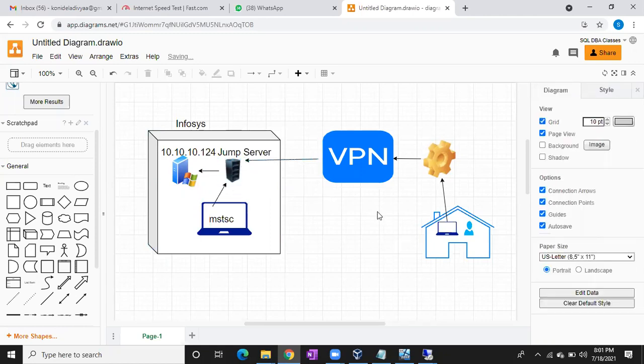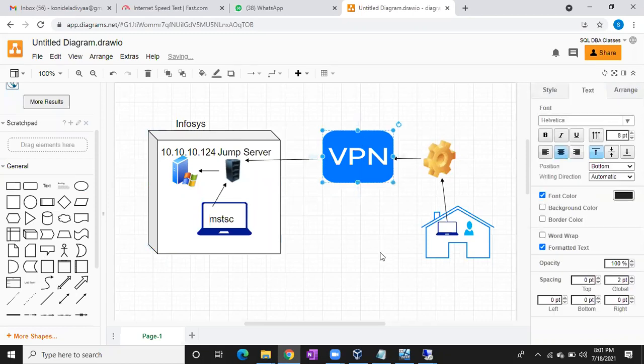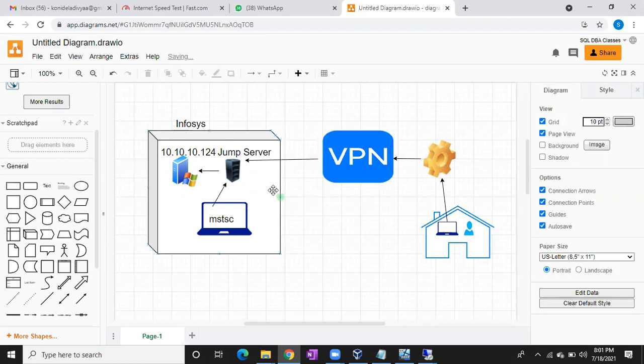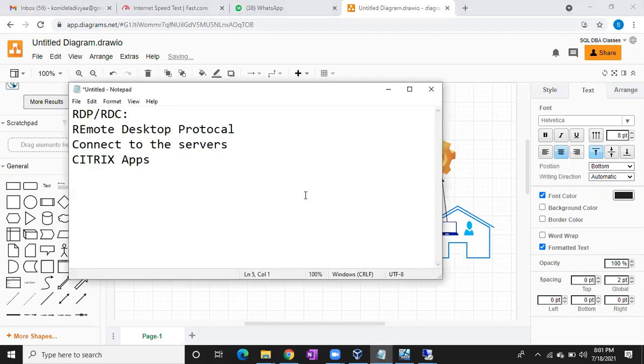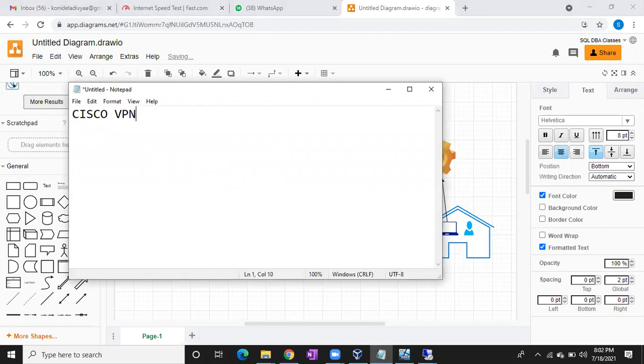The software we use to connect to the office network is called VPN software. We have a lot of VPN software: Cisco VPN, Pulse Secure VPN, and Global Protect.